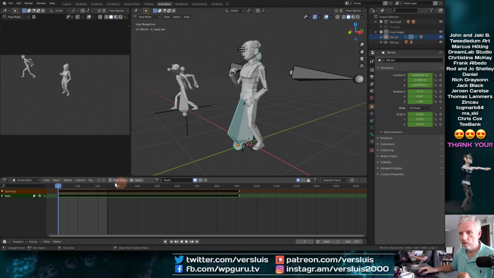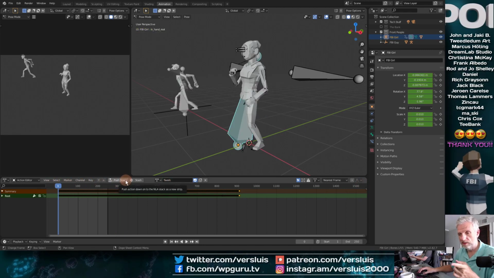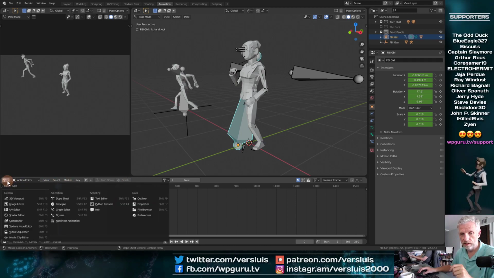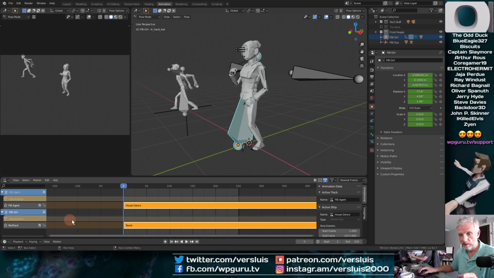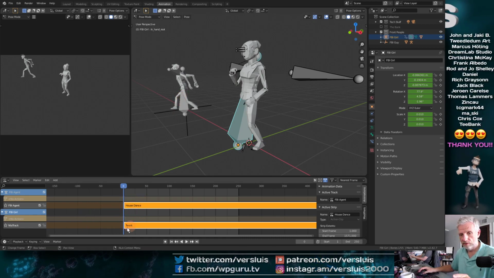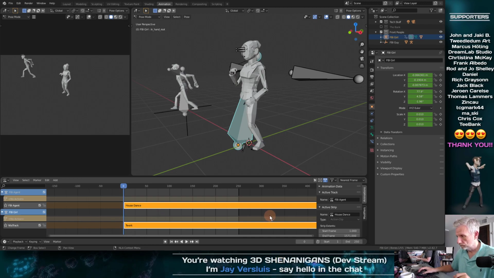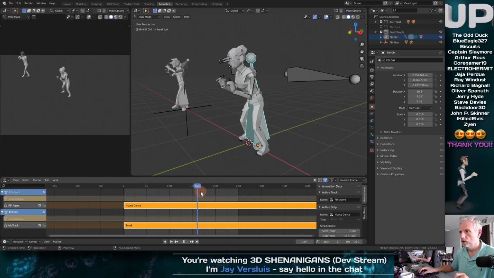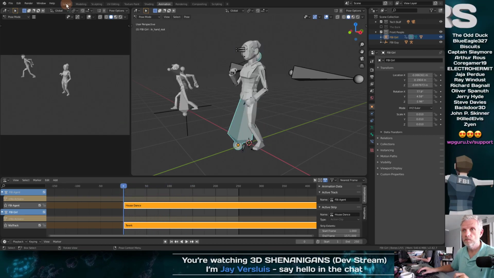Perfect. So I'm going to go and pick twerk, push this down onto her own animation track, non-linear track, and I can go and switch to that non-linear animation. And here it is. So now we've got the house dance for this guy and the twerk for FBI girl. That's cool. Rock on, brothers and sisters.